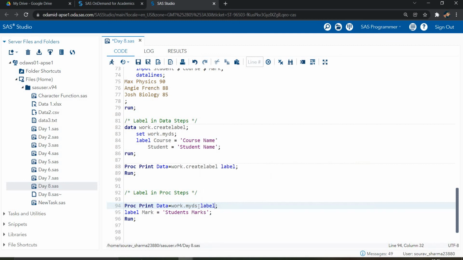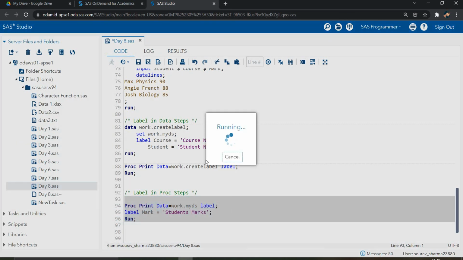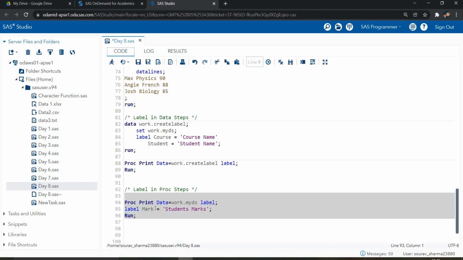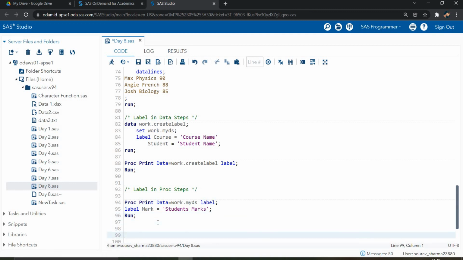If we are not giving the label statement, it will ignore our labels. So now you can see student marks are here. My data is modified, only the output. I didn't create any new data set like I did previously with the data step.